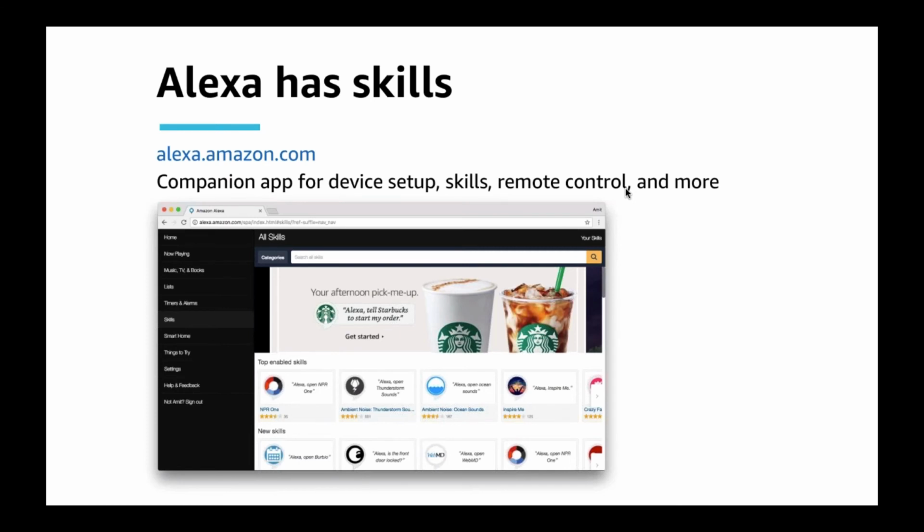So what this app really does is it helps you set up the device when you first get it and any settings related to the device, but you can also access all of the skills that are available to be enabled by Alexa. And you can search for your skills. So if you build a skill and you publish that skill, your skill becomes available to everybody else, and they can just go to the Alexa app and search for your skill and then start using that skill.